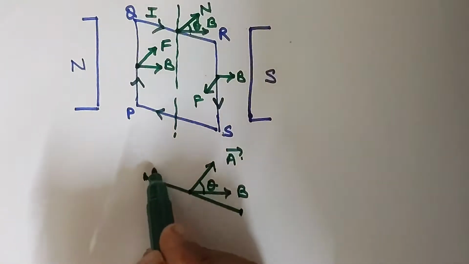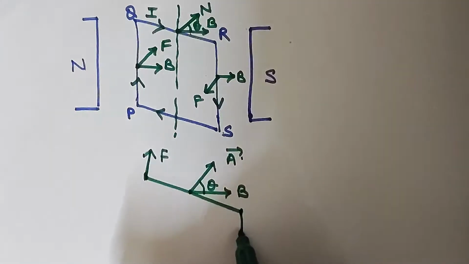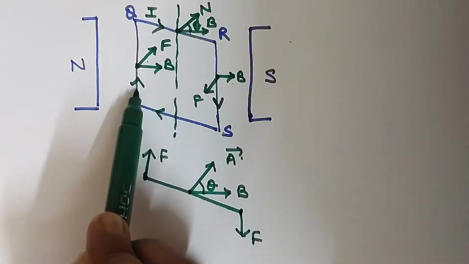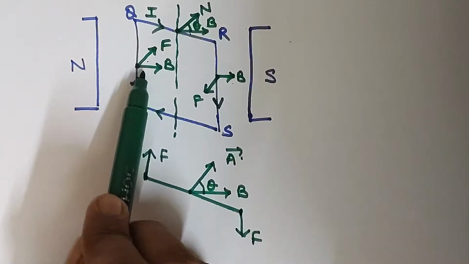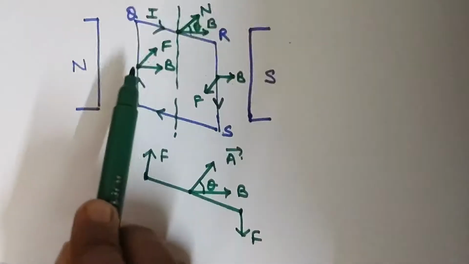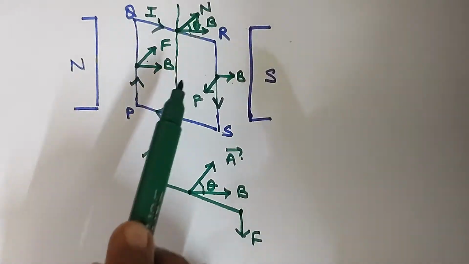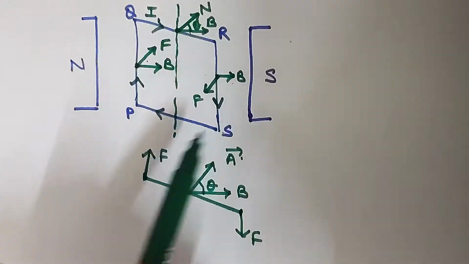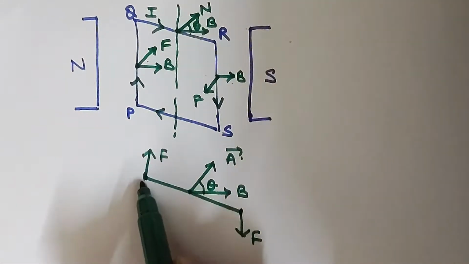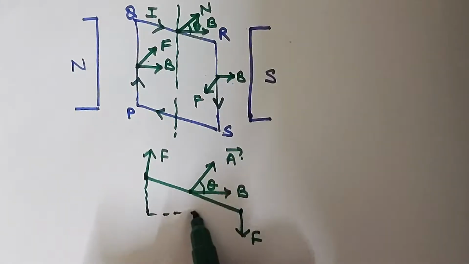Force at this point will be this and this one is, now you can see this is an equal and opposite force, because the current is the same and the magnetic field is the same, so an equal amount of force acts on the coil. The line of action is different, that's why it produces torque, due to which the coil starts to rotate. So if we draw this completely, now we have to find out how much torque will act.